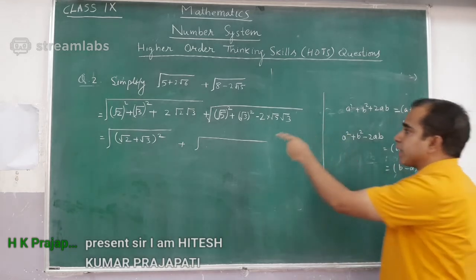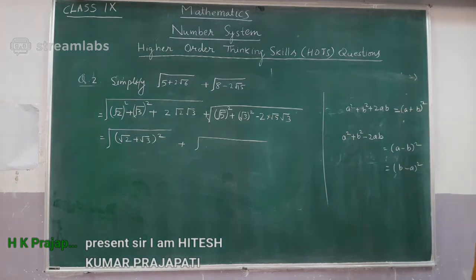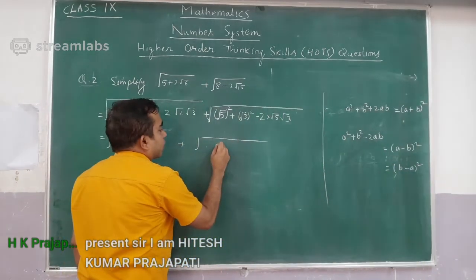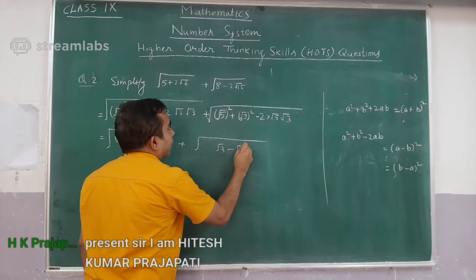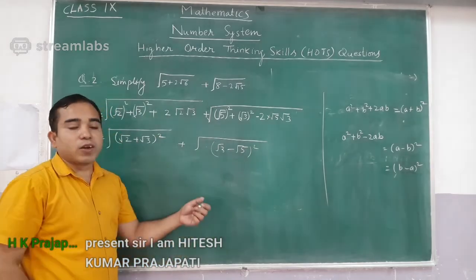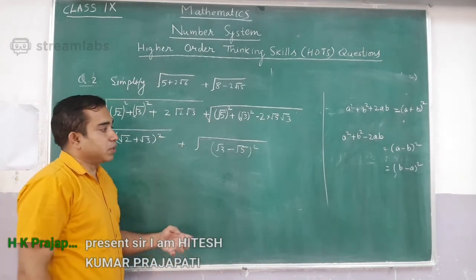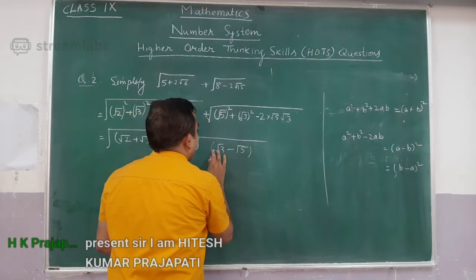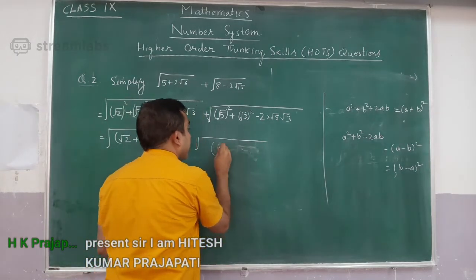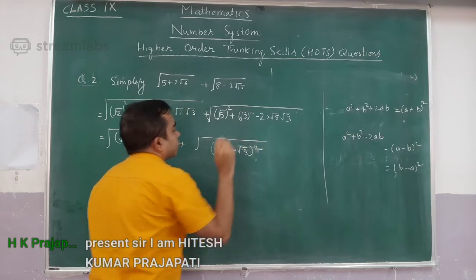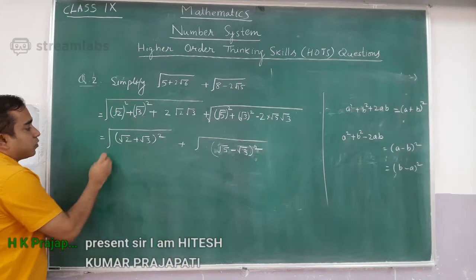But because we have to take the square root, if I write it as root 3 minus root 5 whole square, and then I take the square root, the square root is defined only for positive numbers. It is not defined, right? So I have to write the bigger number first: root 5 minus root 3 whole square. I have to write that. And now when you simplify,